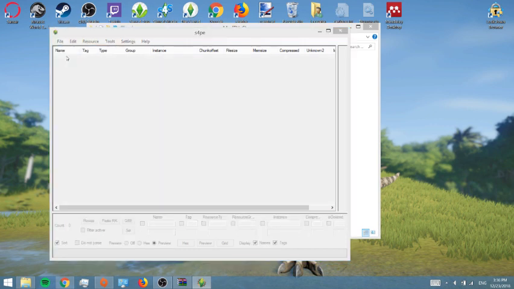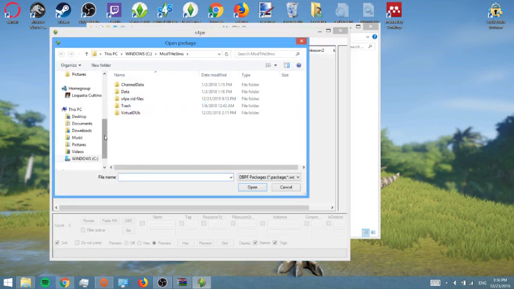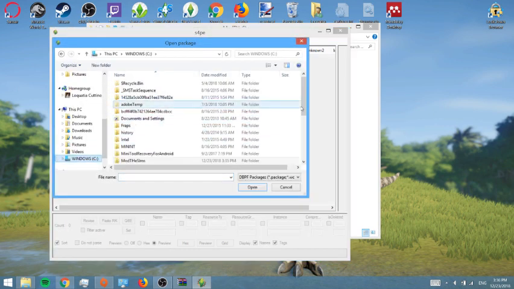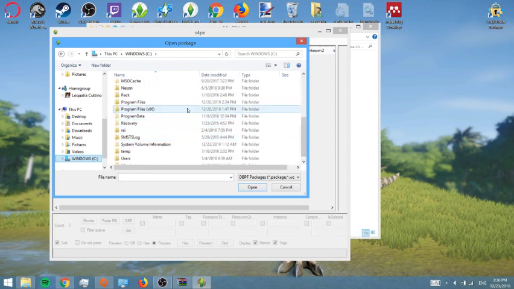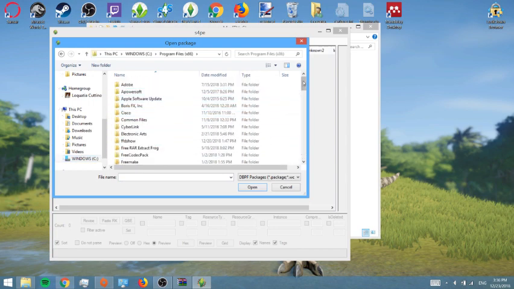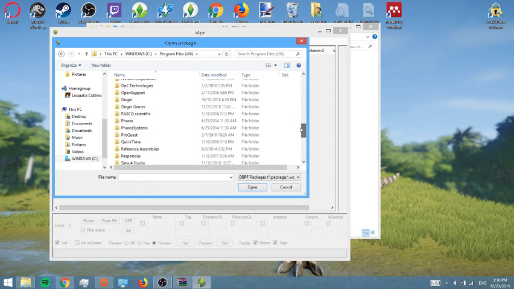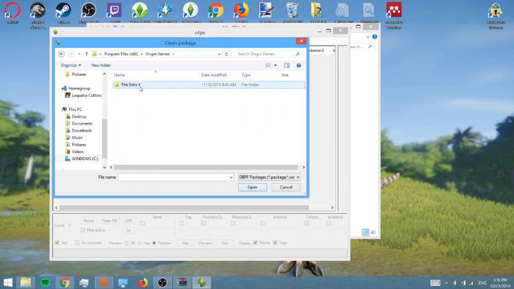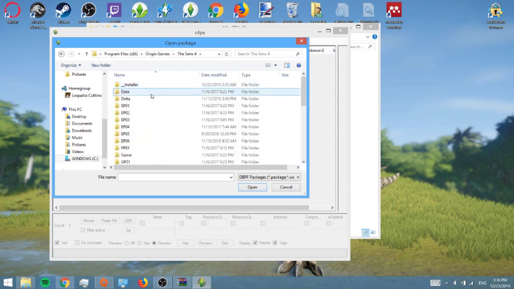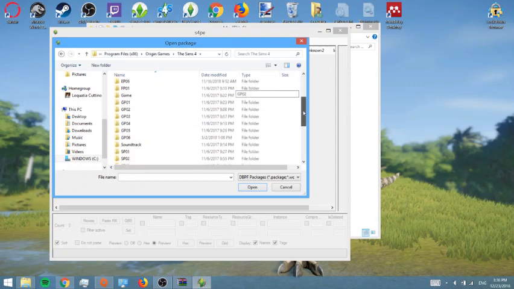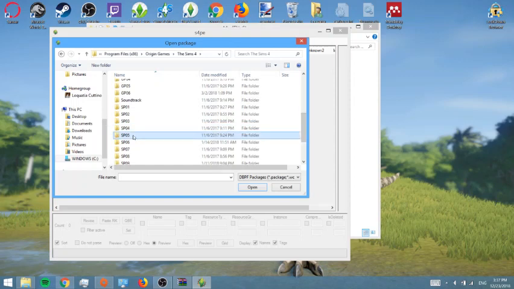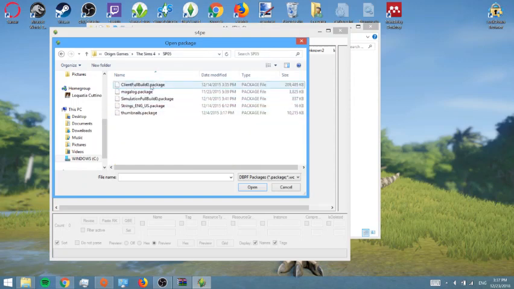So what you're gonna do is go to File, Open, go to Windows, Program Files x86, Origin Games, Sims 4. So Data has the TV files in there because it comes with the base game. But in order to find the movie files, you have to have movie hangouts, and that's going to be in SP05. So you click that, and you want to